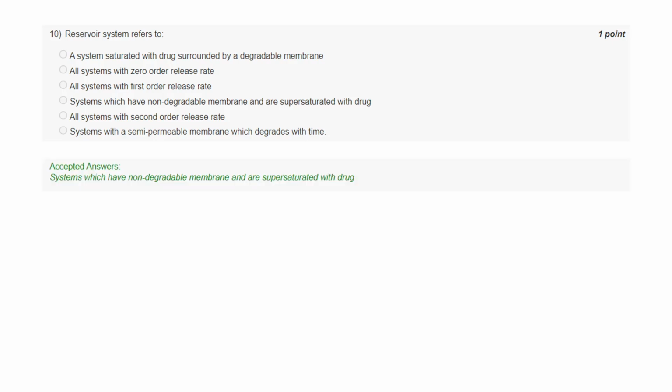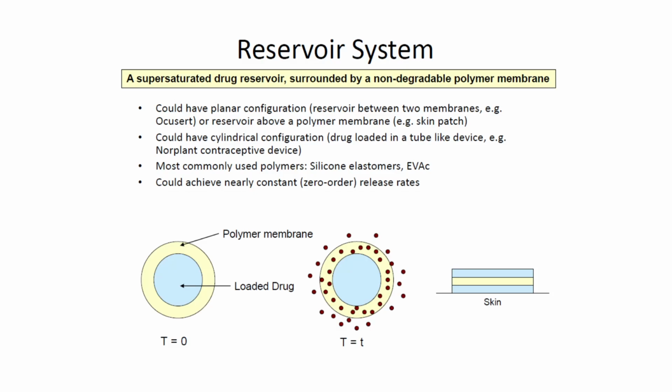Yeah, that option 4 is the right answer. Systems which have non-degradable membrane and are supersaturated with drug. So let's look at the reservoir system in some detail. It is essentially, as I said, a supersaturated drug reservoir which is surrounded by a non-degradable polymer membrane. So what you do is you take your drug at a very high concentration surrounded with a polymer membrane which